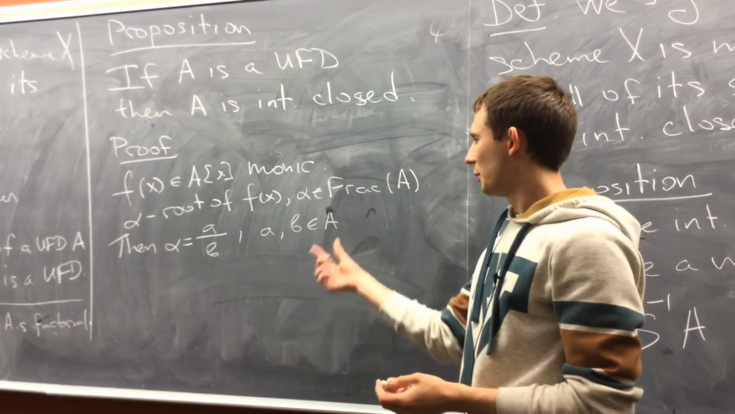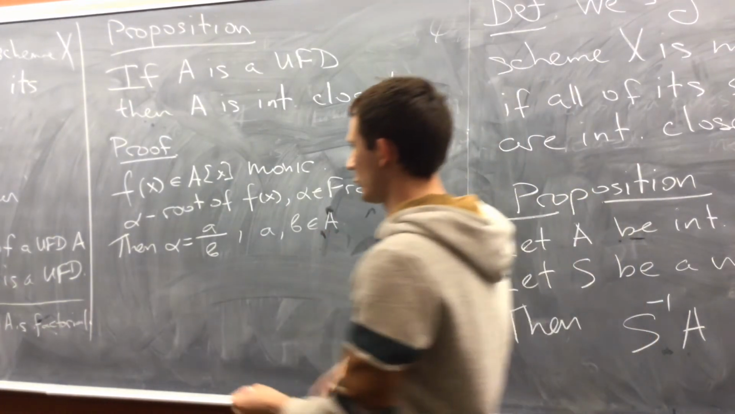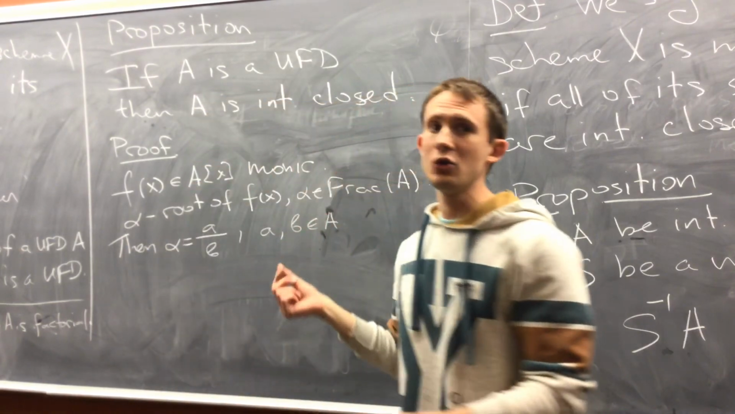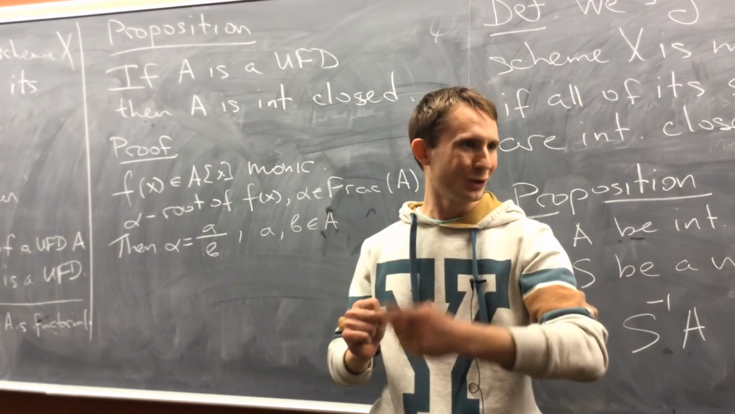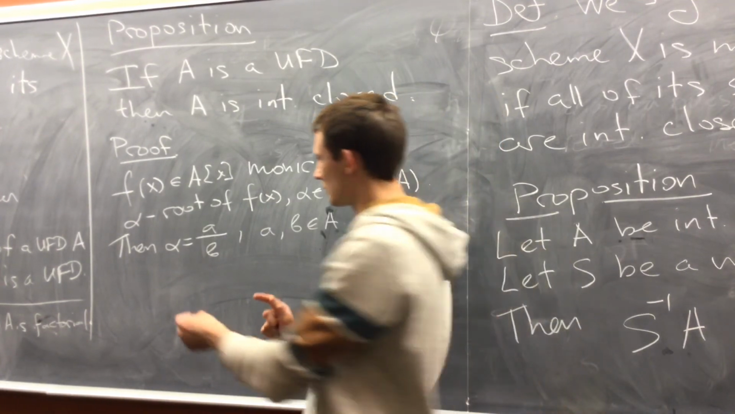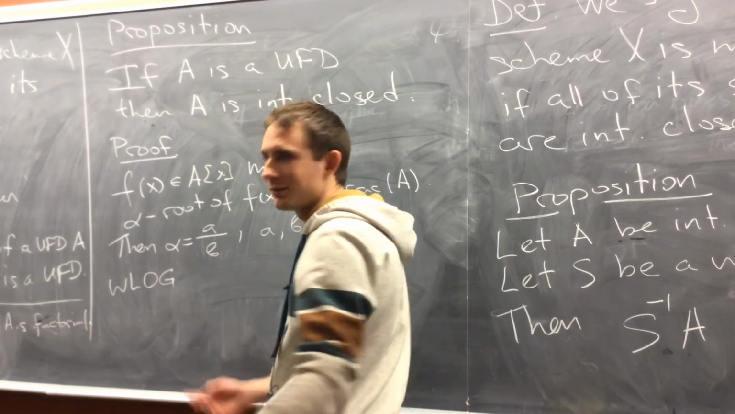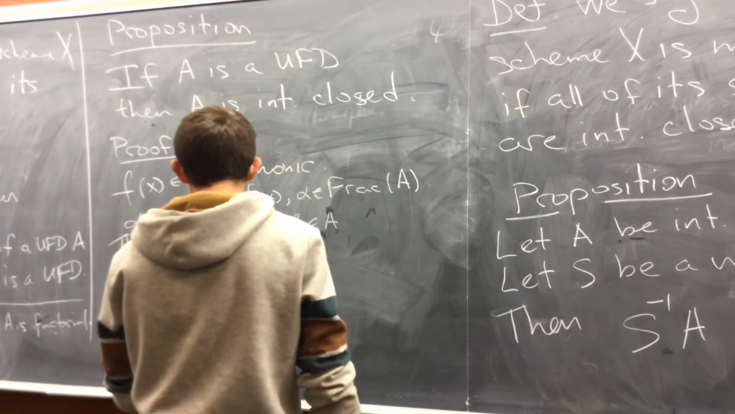Right? But A is a UFD. So what I'm going to do is that without loss of generality, I will assume that there is no common irreducible that divides both of them. Does that make sense? So this is like GCD is 1. Right? So without loss of generality,